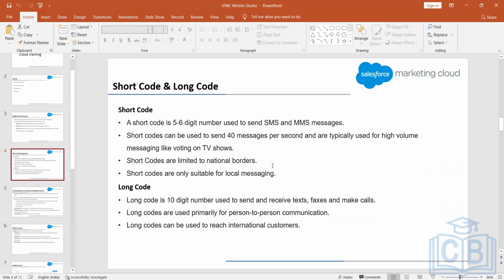Short codes are generally used for bulk messaging. Let's say if you want to communicate something to thousands of customers, right? What we'll do, we will use a short code. Let's say if there's a new notification that you